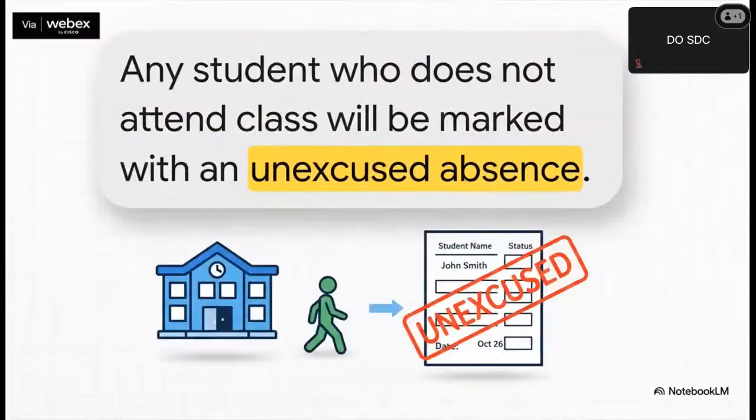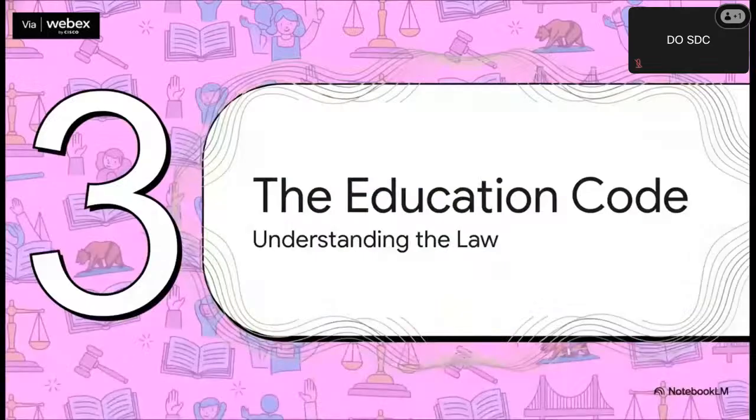So here's the bottom line, the direct consequence. If you leave campus to participate in a walkout, it will be marked as an unexcused absence. According to the district, this is a firm rule. No ifs, ands, or buts. But you might be wondering, why an unexcused absence? Is that just an arbitrary school rule? Actually, no. The district's hands are kind of tied here by the very specific language in the California Education Code. Let's take a closer look at what the law actually says.